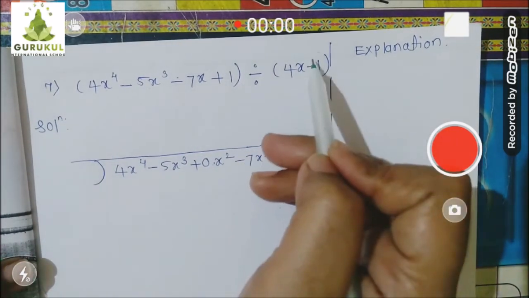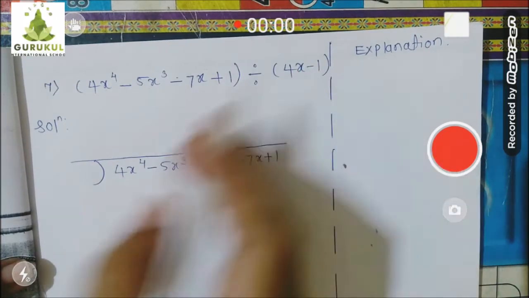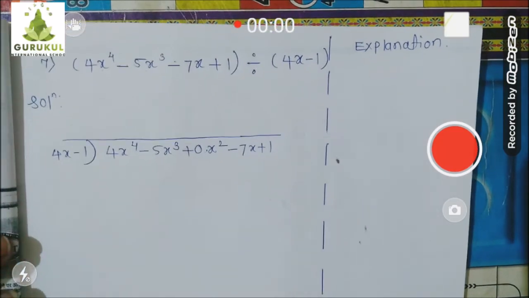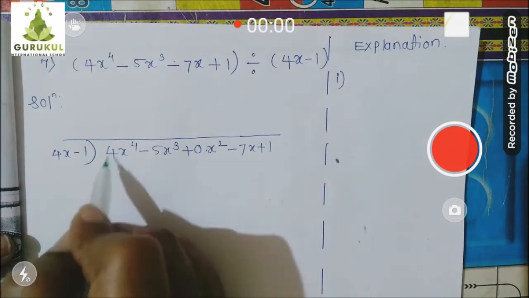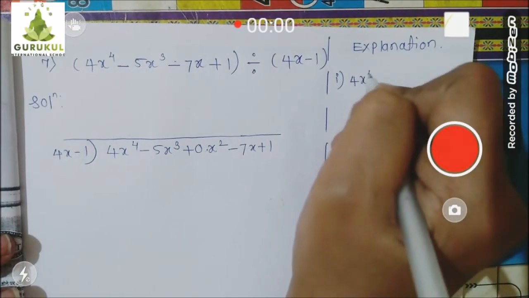Okay. We don't need to add the missing term in the divisor. Always remember, take it as it is. So I'm taking it. Now let's start the division. You know very well how we do it. Which term contains the highest power? This term from the dividend. Take it for division.